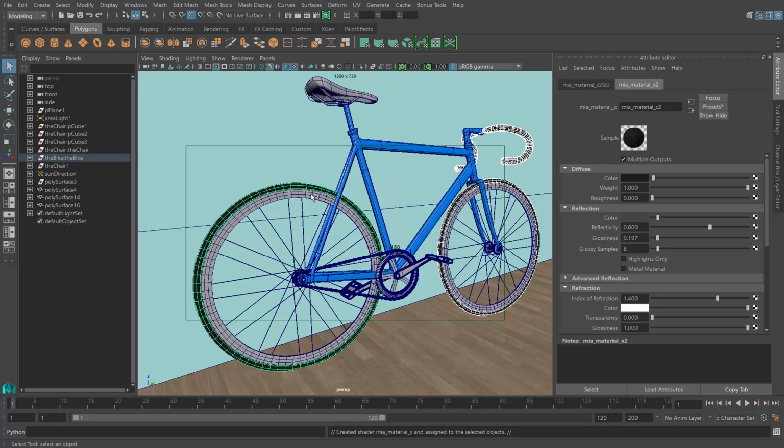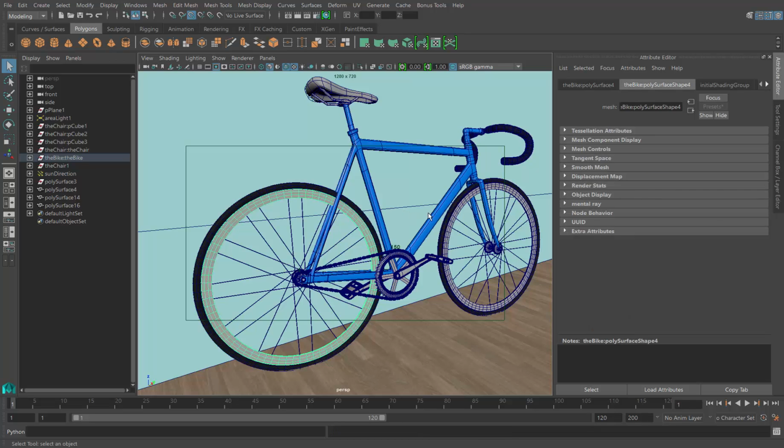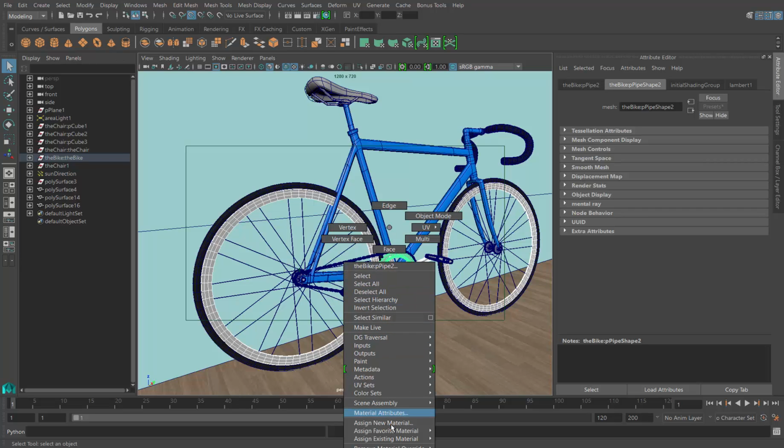So for the rims, let's do some chrome. Let's select this rim and this rim, and also how about this crank and the chainring itself, and right click and assign new material,